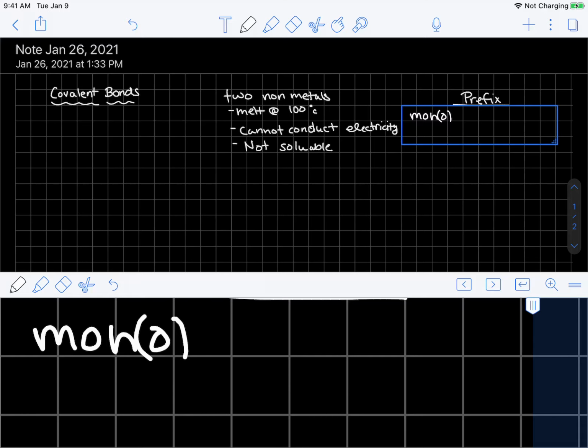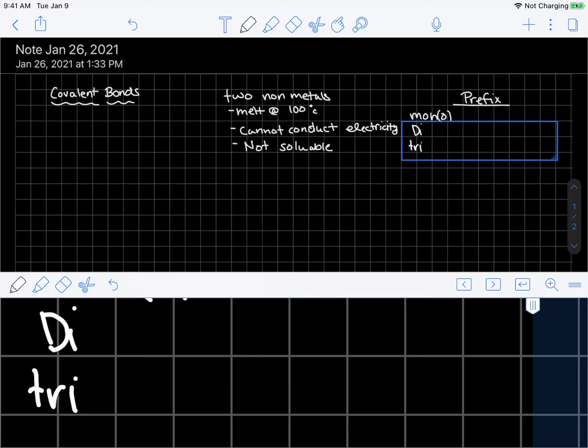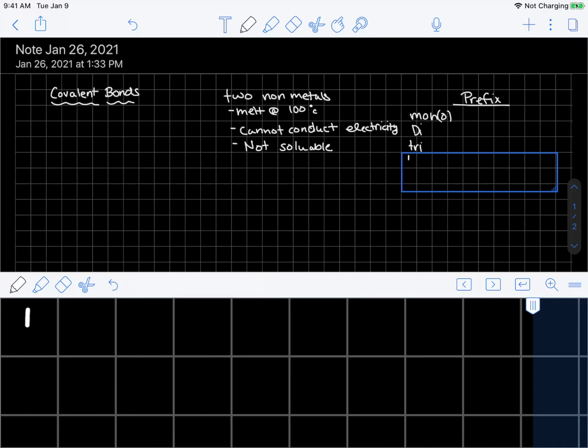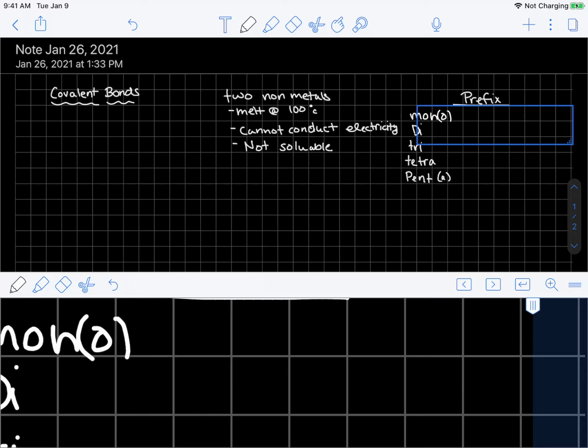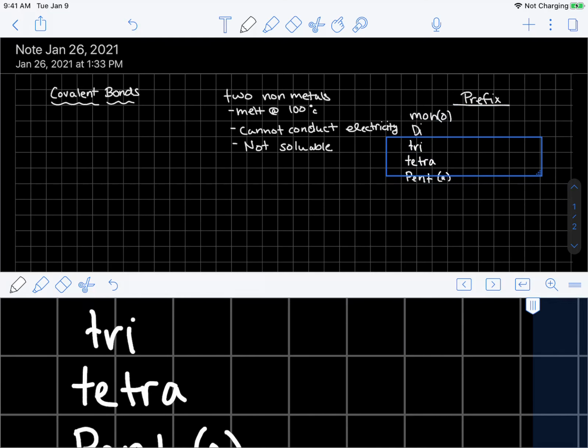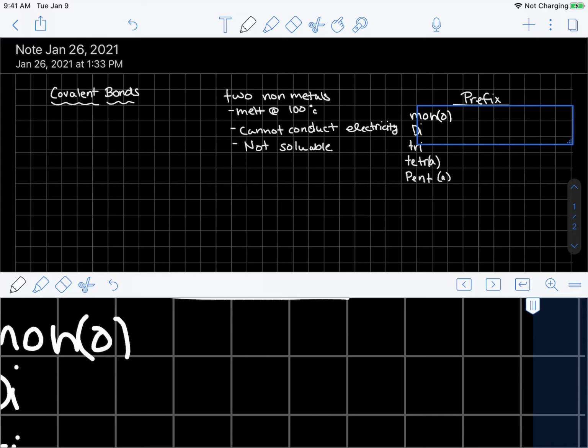Mono, di, tri, tetra, penta, and I'm putting the vowels in parentheses for mono and tetra, because when the nonmetal starts with a vowel, we don't usually put a vowel next to a vowel. So hexa,